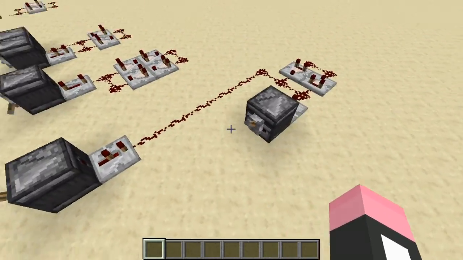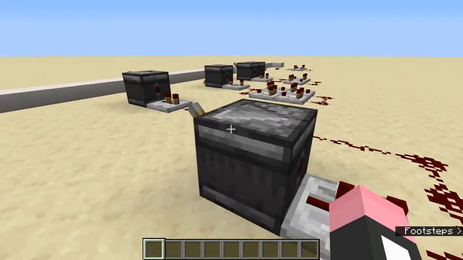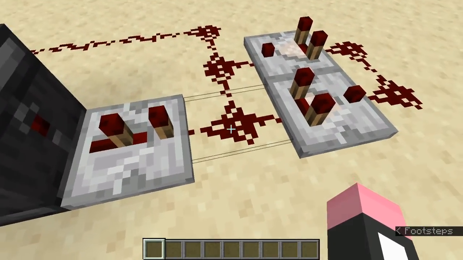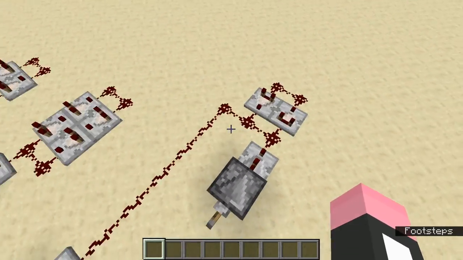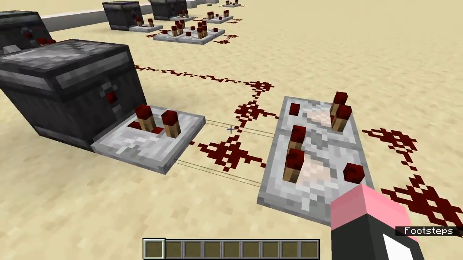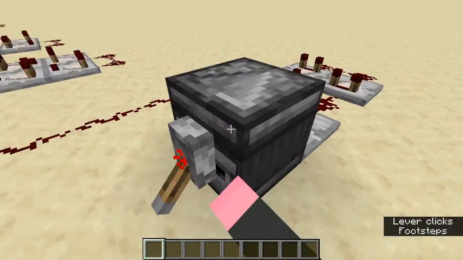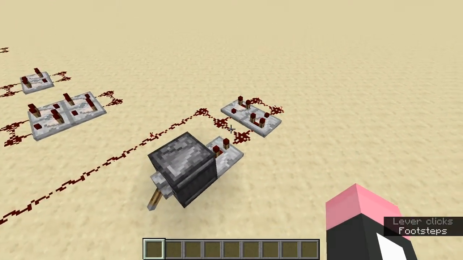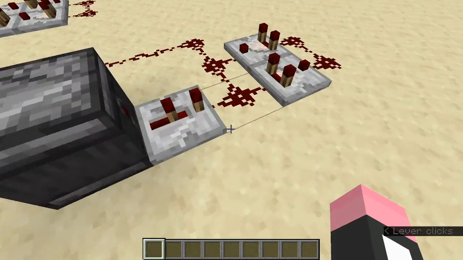Now these two inputs have a different signal strength, which inputs into this comparator, like here. So this input will input a signal strength of 15, while this will input a signal strength of 8. And what this essentially does is it will make the pulse loop the circuit longer. So like this, you can see this stays on for longer compared to this one